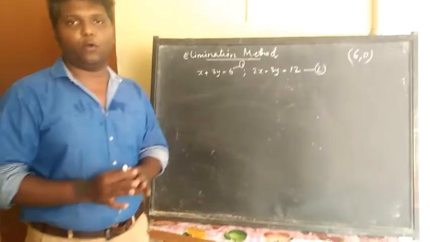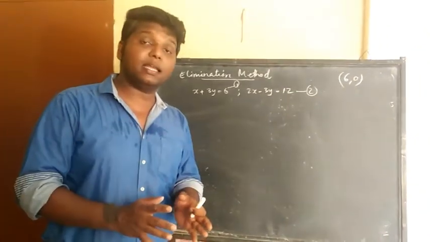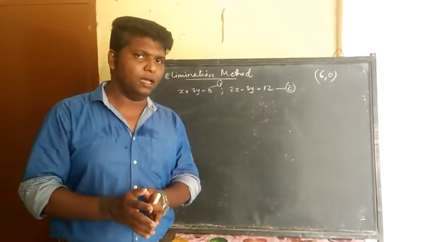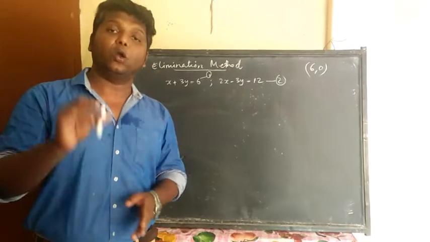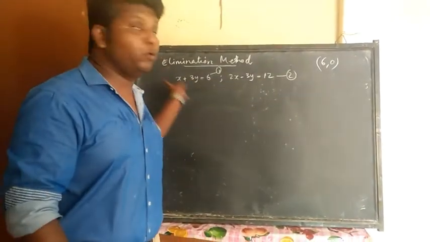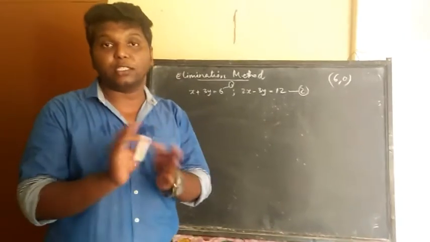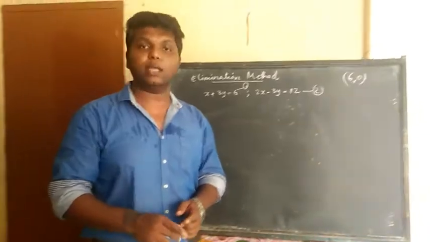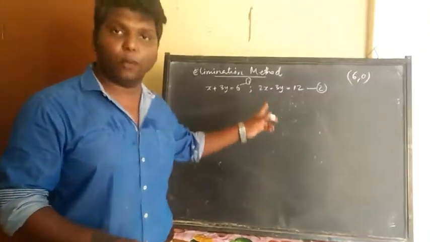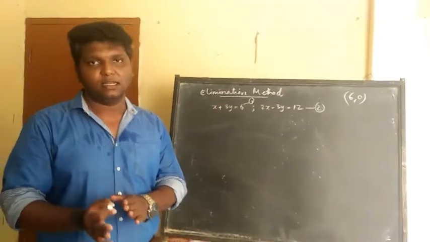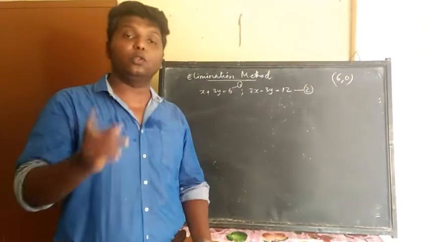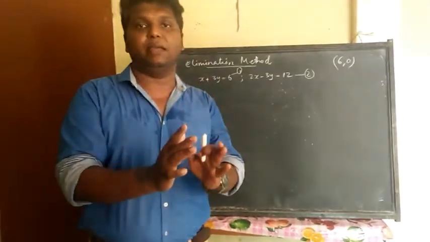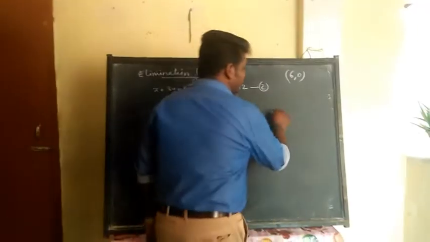उसका मतलब इन दोनों इक्वेशन का x का कोएफिशिएंट को बराबर कराना है. बराबर करने के लिए क्या करना पड़ेगा? पहले उन दोनों नंबर्स का एलसीएम निकालिएगा, और दोनों को वो एलसीएम में ले आने के लिए कौन सा नंबर से मल्टीप्लाई करना है, उसी नंबर से पूरा इक्वेशन को मल्टीप्लाई कर दीजिएगा, ताकि दोनों इक्वेशंस का x वैल्यू बराबर हो जाएगा. अगर आपको दोनों का y वैल्यू बराबर करना है तो क्या करना है? दोनों इक्वेशंस का y का कोएफिशिएंट जो भी है वो बराबर नहीं है तो वो दोनों नंबर्स का एलसीएम निकालिएगा.